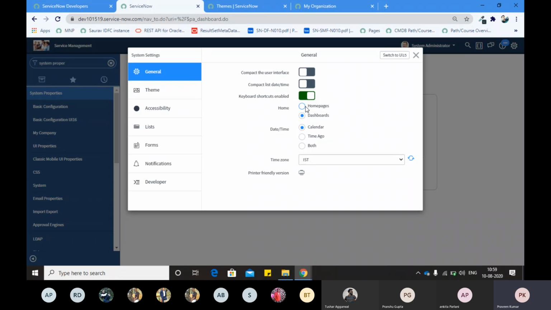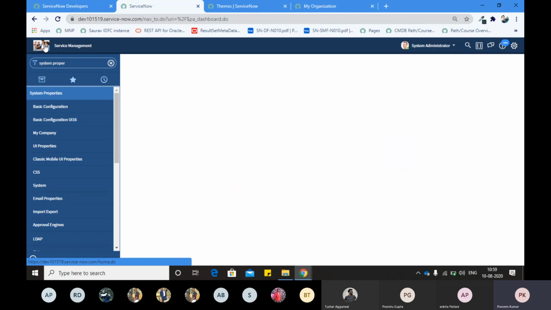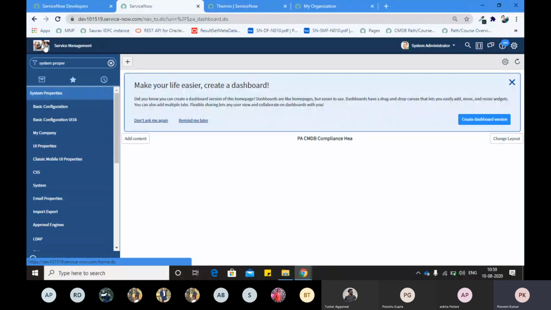So home page and dashboards both will show you a grouping of some kind of reports, right? If I click here on home pages and close it, now whenever I come to my instance, every time I log in, it will take me towards the home page. I'm not telling you the difference between home page and dashboard right now, right? I'm just telling you that whichever of the two, home page or dashboard, you have selected in your settings, it will take you towards that. So right now you see I selected home and it takes me here, right?